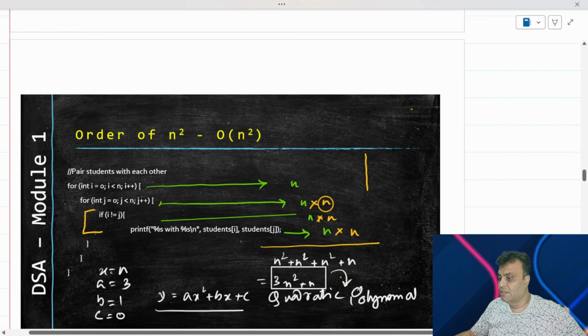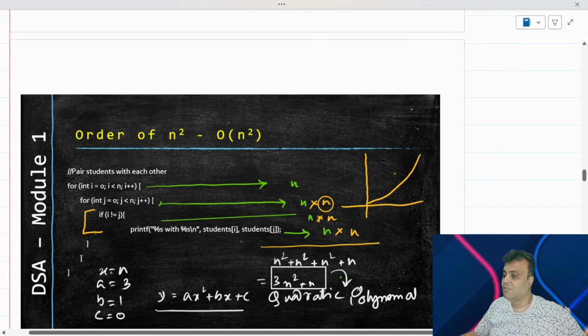And it's going to look like this from a graph standpoint. Right? Here you will have your intercept c, and then you will have the graph which is mimicking ax square plus bx plus c. So this will be your time complexity, this will be your n, right? And you will have a curve which is looking like this. So any class of polynomial that follows this curve will always have what? The order as the highest degree of the quadratic polynomial. The quadratic polynomial highest degree is 2. So it will be order of n square.